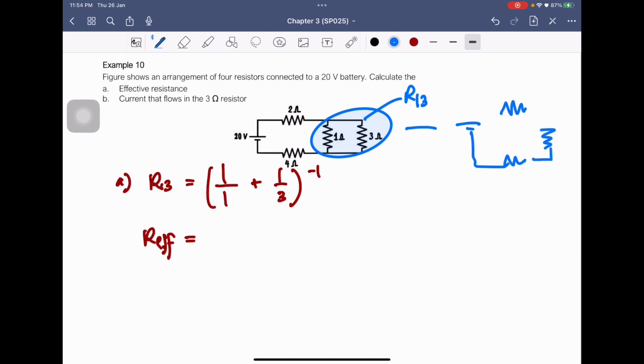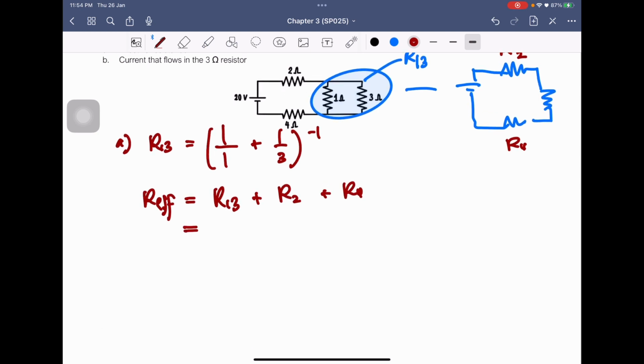Something like this. Okay, so after we simplify R13, we will get a diagram like this. So this is connected in series, so it's going to be R13 plus, so this is R2, this is R4, it's going to be R2 plus R4. Okay, so it will be,